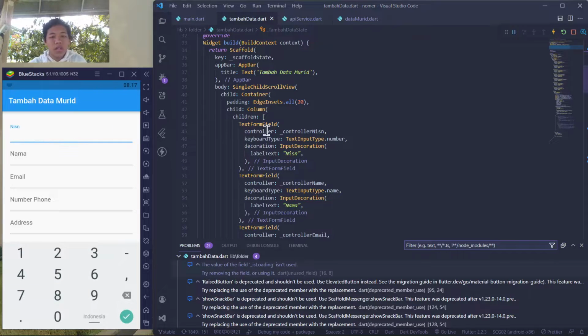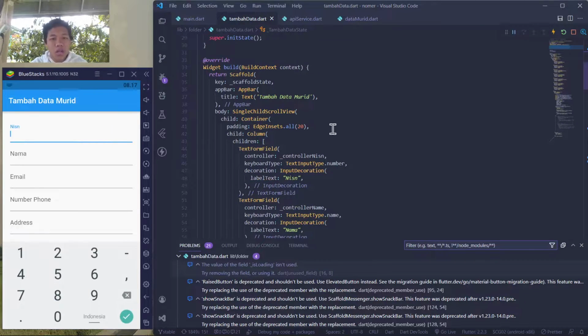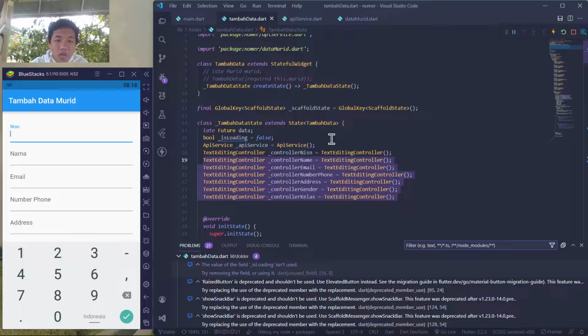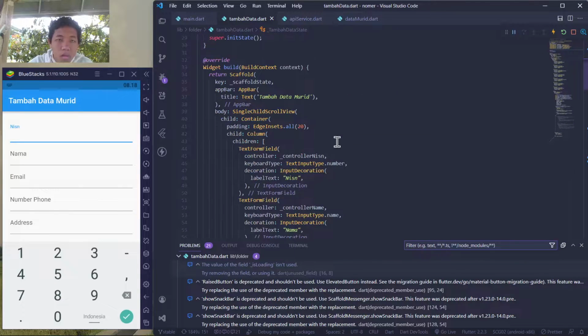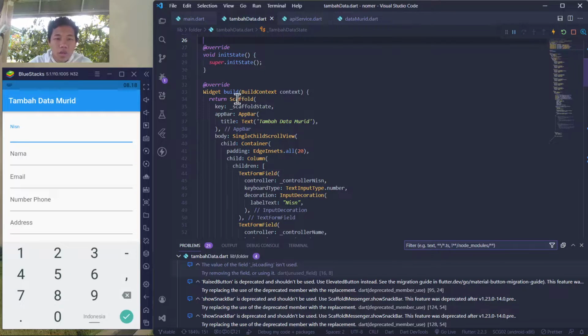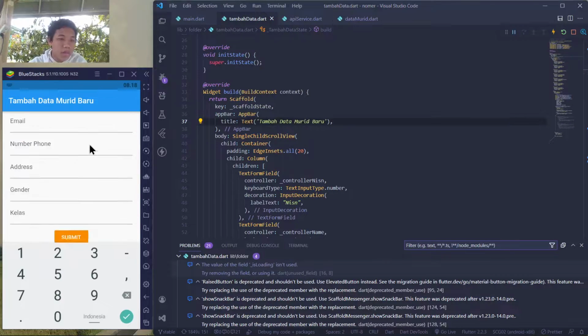So first we make text form field, or no, before that we must create the class of FLUTTER. So we make the stateful widget, and then we create a scaffold. We give the title tambah data murid. So the title will be here, maybe tambah data murid baru, and then you give the single scroll view, so the page can be scrolled,